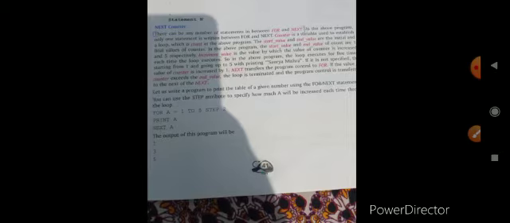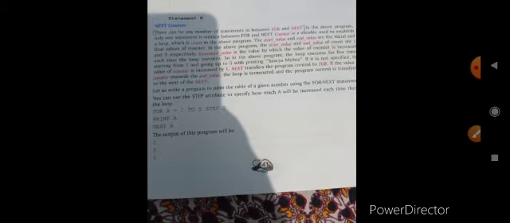There can be any number of statements in between for and next. In the above program, only one statement is written between for and next.